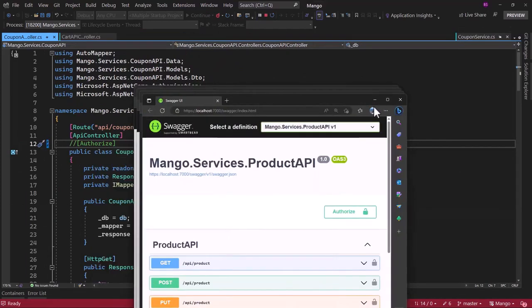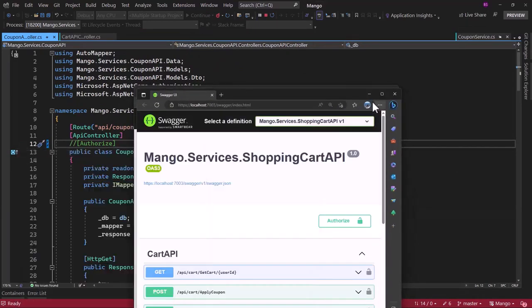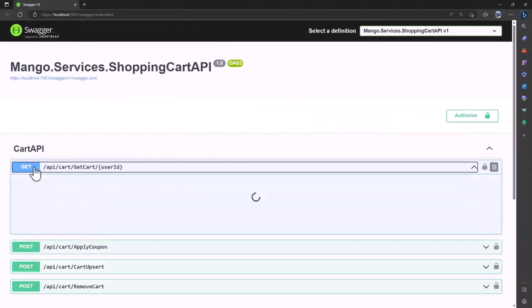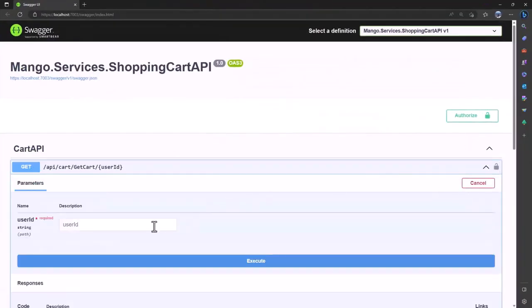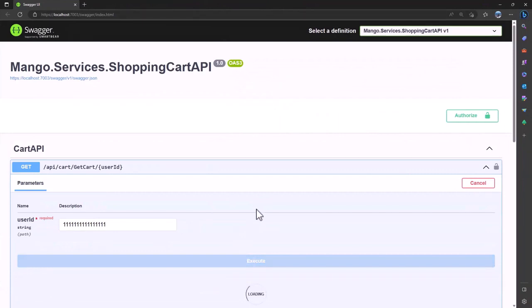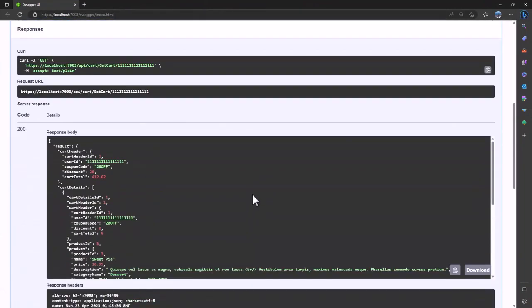Now again, this is temporary. We will fix that very soon. Let me try the get here. Enter the user ID. And perfect. We have the cart total here. You can see discount is also populated. That means that the shopping cart is retrieving that coupon. It knows it has to give $10 of discount and then the order total is